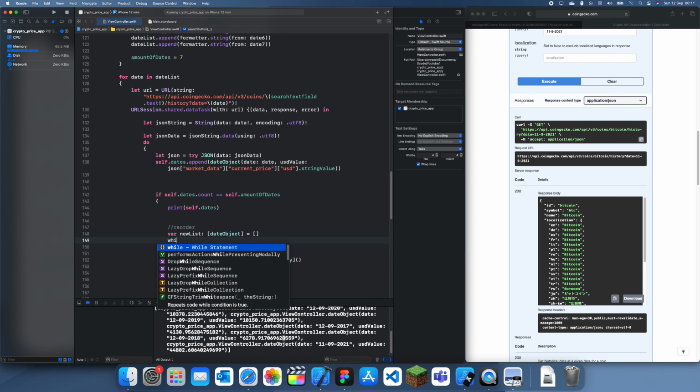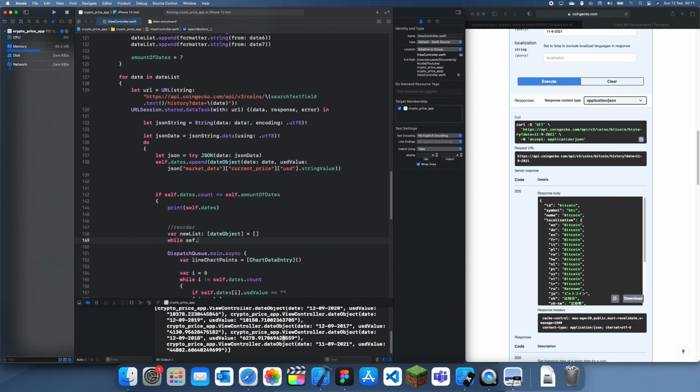And now I'm going to go into a while statement, and while self.dates.count is not equal to 0. This is just so that this only finishes when everything has been removed. And then I can just create some new vars. So var lowest index, this is going to be the lowest date in the self.dates, and I'll just set this to 0 at first, and then I need to loop through the list, so I'll use